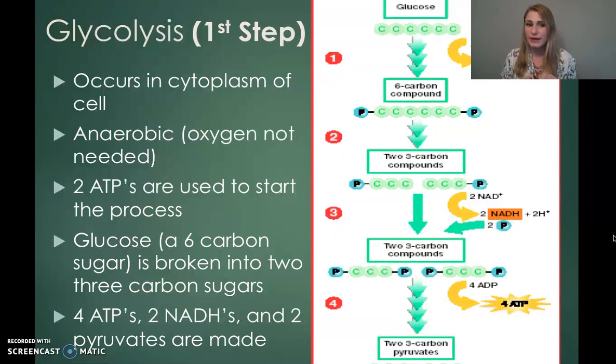We need 2 ATPs to start this whole process, so it's kind of like you need to have money in order to make more money. You need to have ATP in order to make more ATP. You got to put something into it. So then the glucose, which has 6 carbons, you may recall that it's in that hexagon shape. We split those apart so that we end up with 2 3-carbon